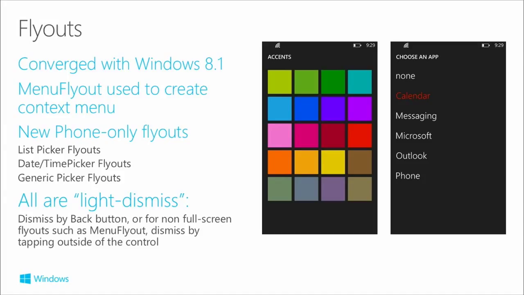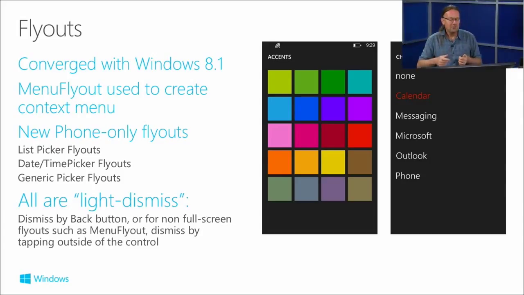So they tend to be flexible, and they'll either show inline if it's a small number of items, or full screen if they're not. Now, if they're inline, these tend to be light dismiss, which means that as soon as you hit the back button, they disappear. Or if it's actually over an overlay, if you've only got a small number of items and it's showing on your screen, if the user just taps outside of it, and I'll show you an example of this in a moment, they'll just automatically dismiss. They'll disappear.